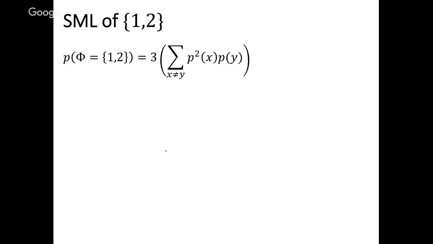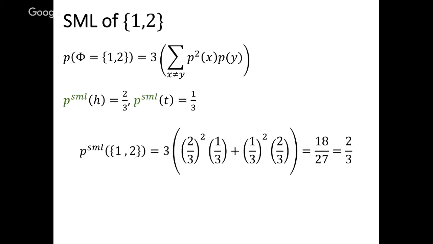So what's the sequence maximum likelihood probability for the profile 1, 2? We know that the sequence maximum likelihood distribution for the profile 1, 2 is 2/3 and 1/3. And you just plug it into the expression that we saw before. It's 3 times summation p x square p y, where x and y can now be heads and tails both. And you obtain that the sequence maximum likelihood probability for this profile is 2/3. Now, is this the best? Clearly, if we just wanted to maximize the probability of heads, heads, tails, we know that we should have